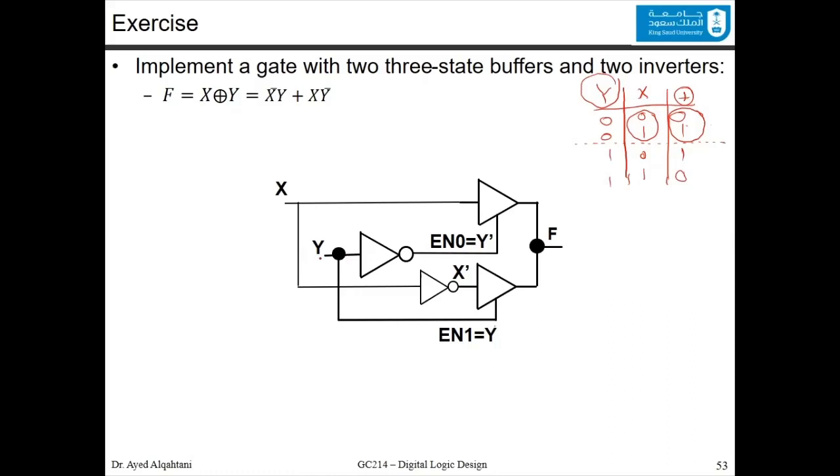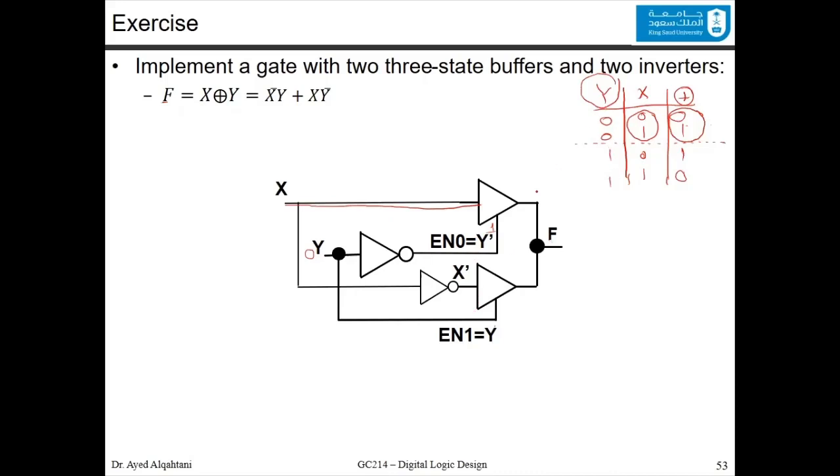So when Y is equal to 0, after the inverter, it will be 1. So this one is active. The output line, or F in this case, will be X. You will get X. So now we finished the upper half of this gate. The lower half,